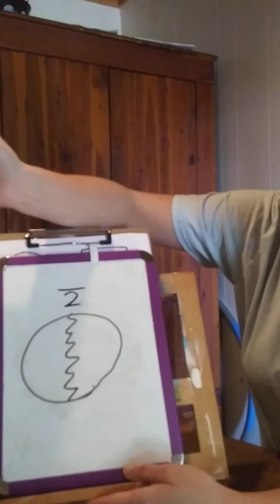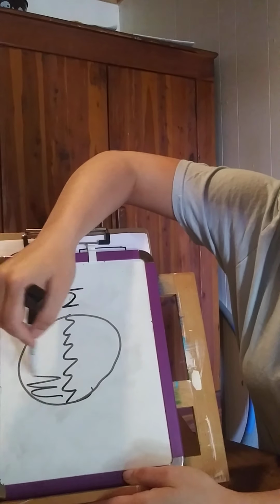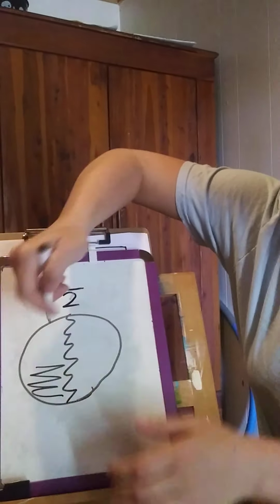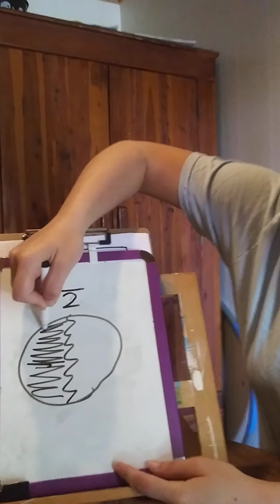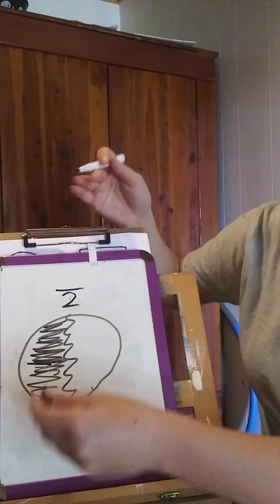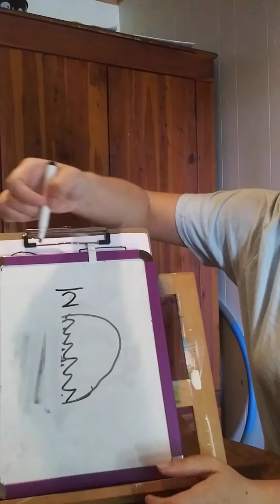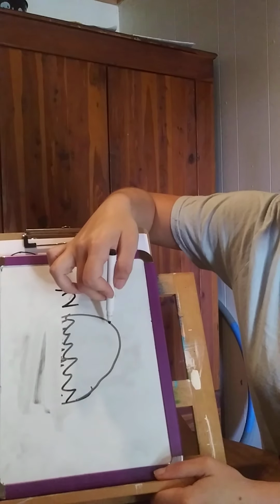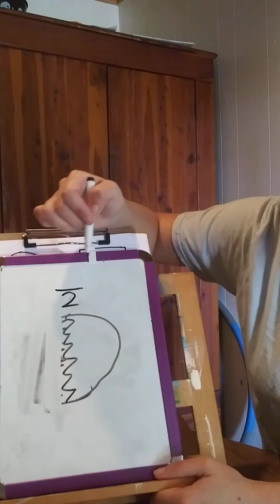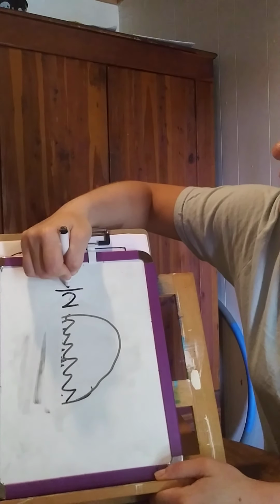So let's say Susan ate this part of the cookie. And now it's gone. So now we have one of the two parts of the cookie. So we have 1/2